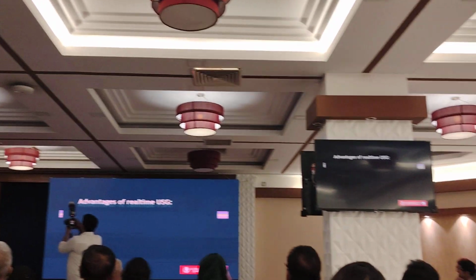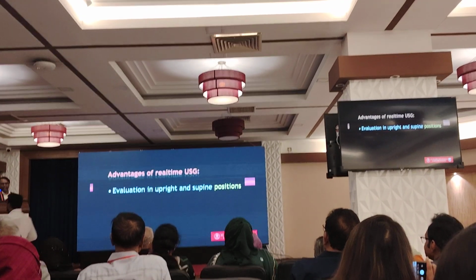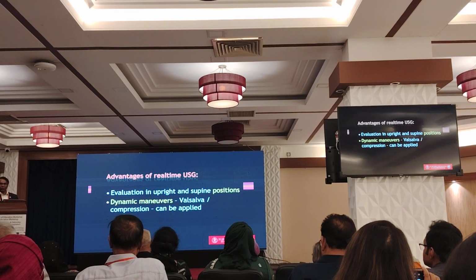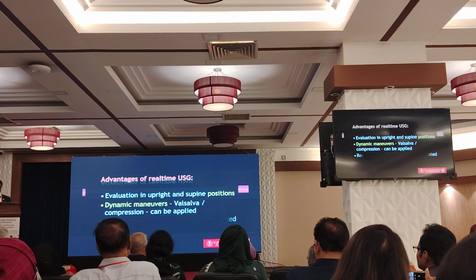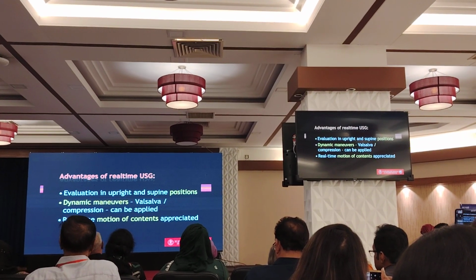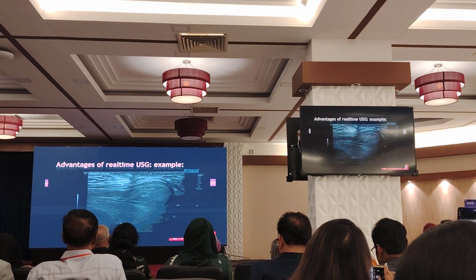Real-time ultrasound has several advantages because we can evaluate the cases in upright as well as supine positions. We can do dynamic maneuvers like Valsalva, compression can be applied there, and real-time motion of contents will be appreciated, which we will see in some clips. So this is the advantage of